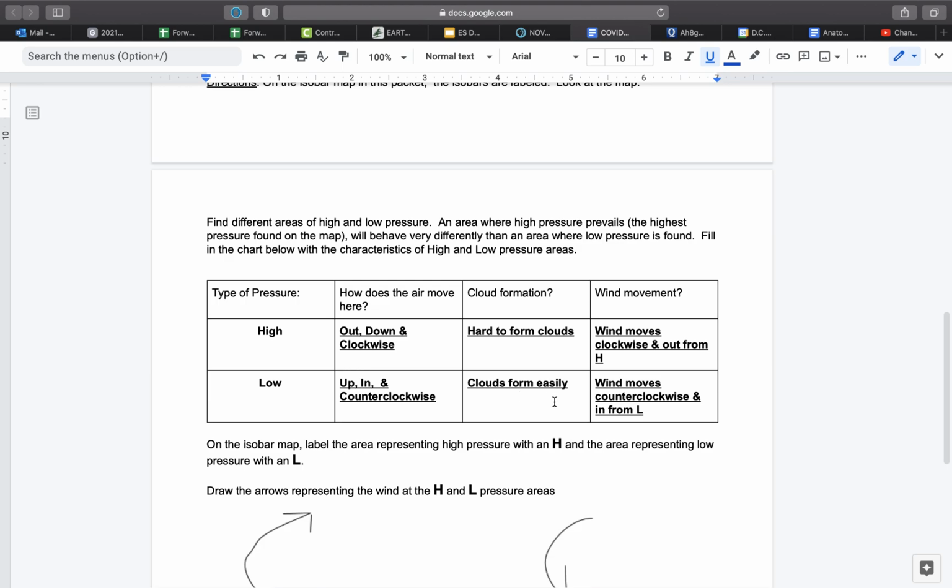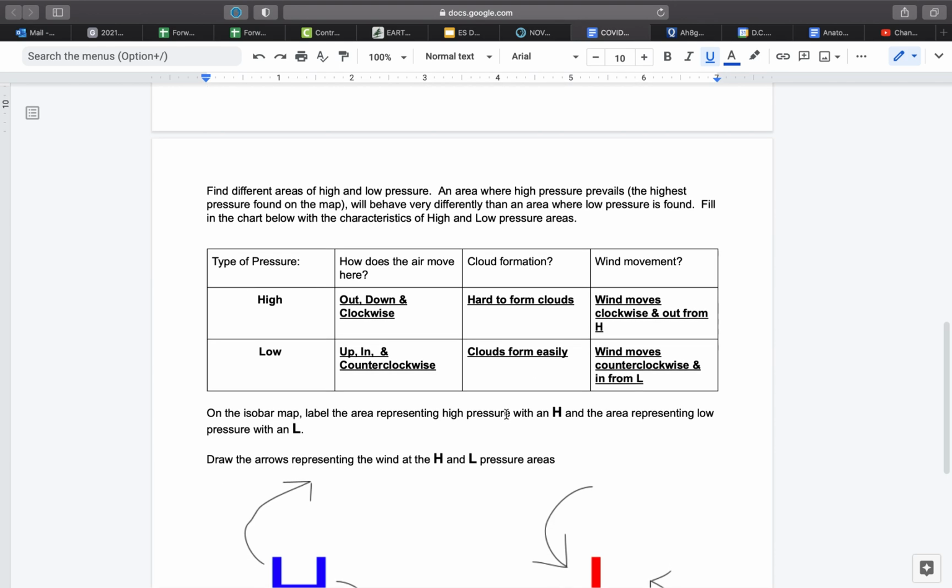In a low pressure zone, because you're piling air up over time and forcing the air that's there to move ever upwards into the colder areas of the troposphere, you're going to find it very, very easy to form clouds, and many of them, in the heart of a low pressure zone. So typically when you have a low pressure zone, that's often associated with, at a minimum, cloudy skies, but more often than not, you're also going to get some precipitation as well. Whether it's rain or snow, or some combination of the two, depends on the air temperature. But the more clouds you make, the more likely it is that you're going to get a version of precipitation